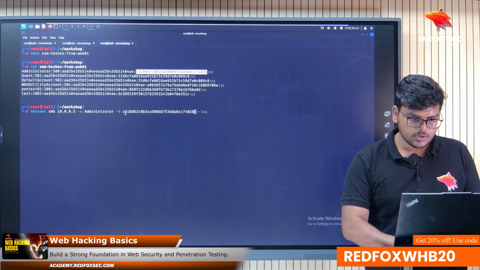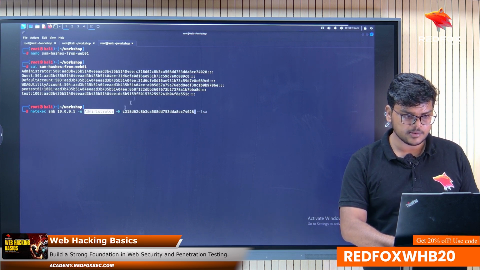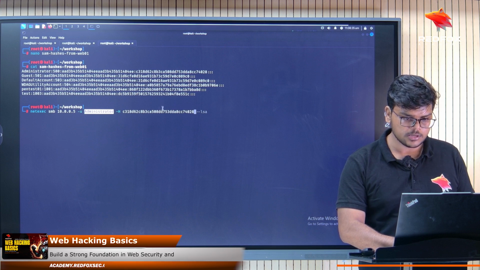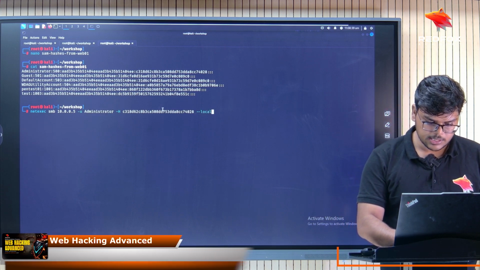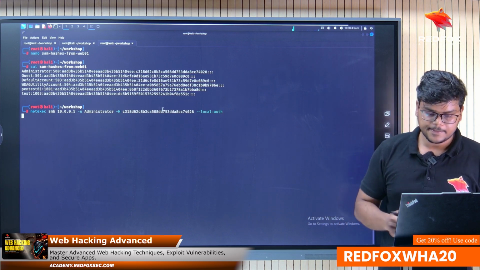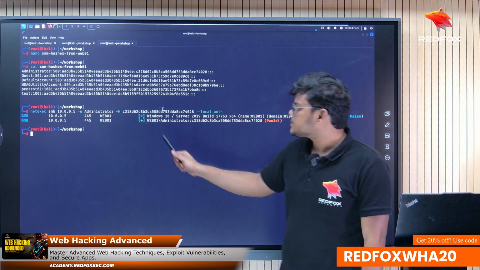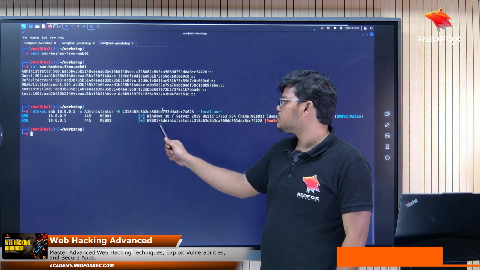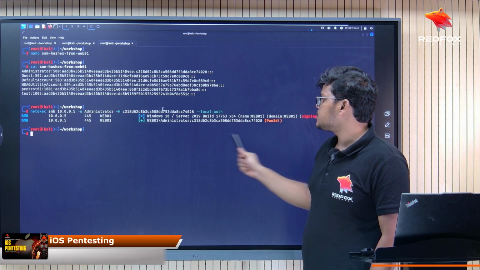Okay, so I am just trying to verify whether the hash of this local administrator is correct or not. And again, in the last, I have to give local auth, because it is a local administrator. So I have to use local authentication, not the domain authentication. And if you see, there is a Pwn3d here. It means that we have successfully compromised the Web 01 machine, because we have the NTLM hash of the